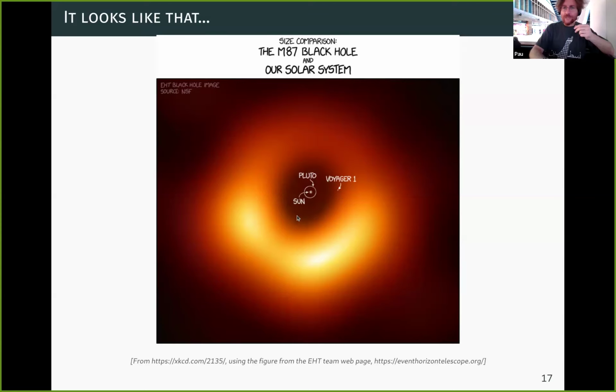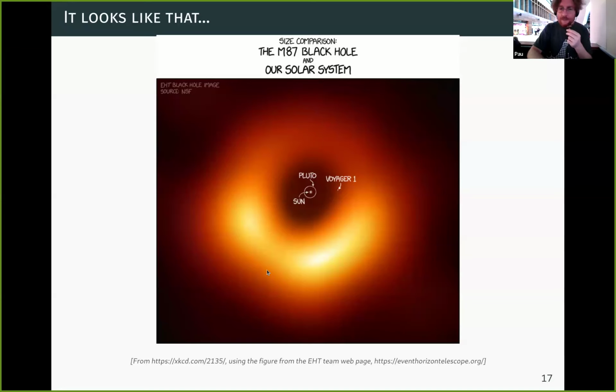I don't want to call it a shadow, as they call it, because it's confusing. But you see something black here. It's confusing for me, not for them, of course. You see something obscure here, something dark, and that would correspond to the supermassive black hole located in M87. So this is the solar system, this is Pluto, this is the Sun, and this is Voyager 1, the farthest away that mankind has ever sent something. So the whole solar system fits in that supermassive black hole that you can find in M87.